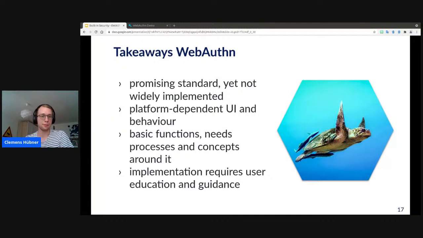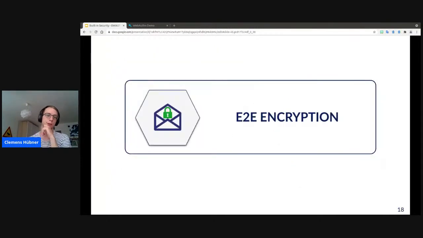And of course, I guess some of you might be familiar with these YubiKeys, but if I give one of these to my grandmother, they are not really familiar with how to use them. So that's something, I guess, that's the main reason why it's not that widespread right now. You have to educate and guide your users and make sure they understand it correctly and use it in the right way. So let's continue with a second browser API you can use for our second use case, end-to-end encryption,